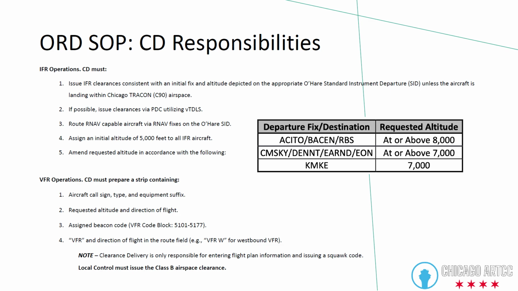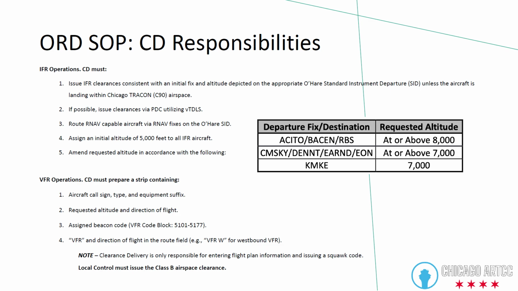Under SOP, clearance delivery responsibilities: clearance delivery must issue IFR clearances consistent with an initial fix and altitude depicted on the O'Hare SID, unless the aircraft is landing within the Chicago TRACON airspace, our tech airports, in which case we would just give radar vectors and 5,000 for the clearance. If possible, issue PDC clearances using the TDLs as we mentioned, issue RNAV capable aircraft via RNAV fixes on the O'Hare SID, assign initial altitude of 5,000 feet to all IFR aircraft,